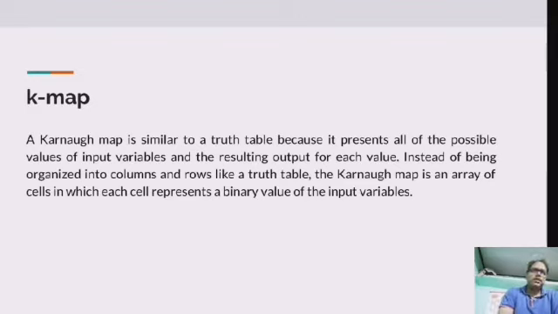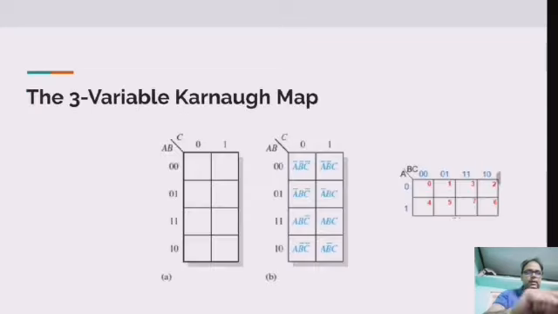Karnaugh maps can be used for expressions with 2, 3, 4 and 5 variables. Means we can use Karnaugh maps up to 5 variables, and if suppose we have 6 variables available, we will not use a K-map because it makes the process very complicated. So for 6 variables we prefer to use another method, called the QM method in short, abbreviated from the Quine-McCluskey method. So let us move forward.